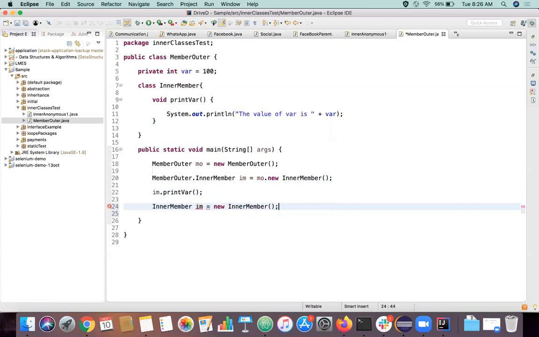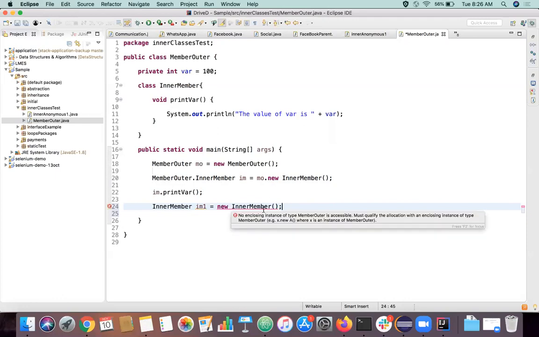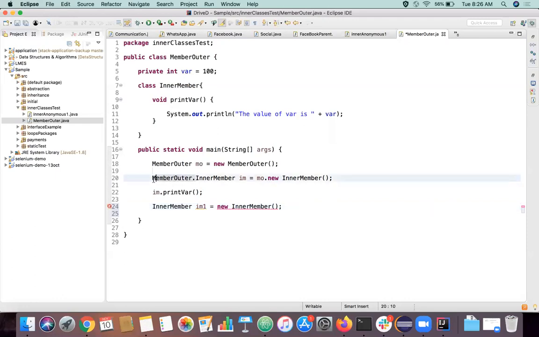This is how you create a general object, but you'll get an error, because it is a member of an outer class and it's not accessible directly. So we are accessing this inner class through the outer class like this. It's the same thing as creating an object for the inner class, just that we are accessing that inner class through this outer class called member outer.